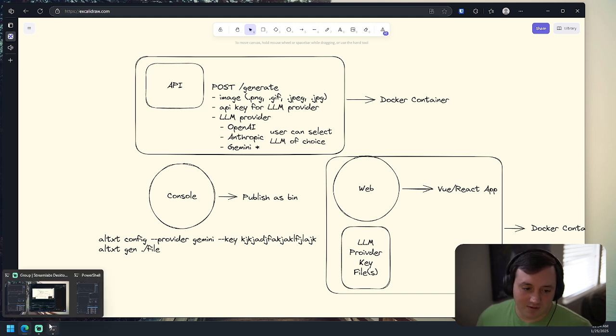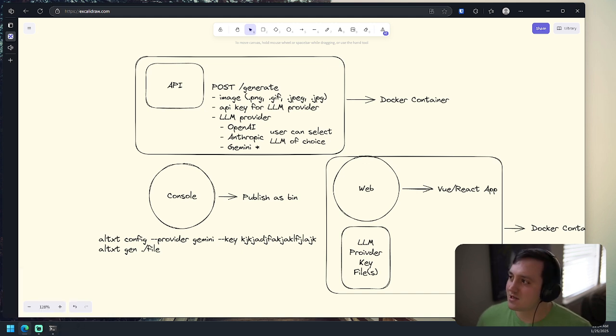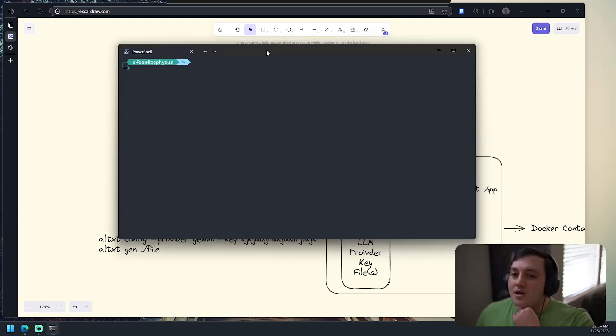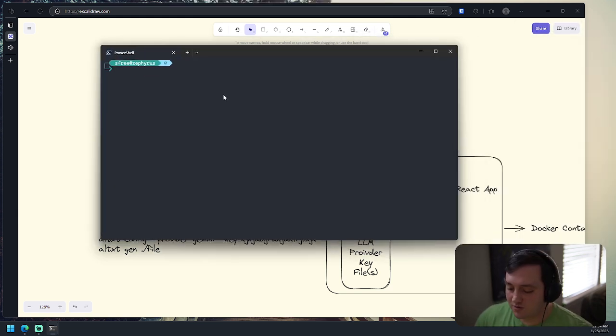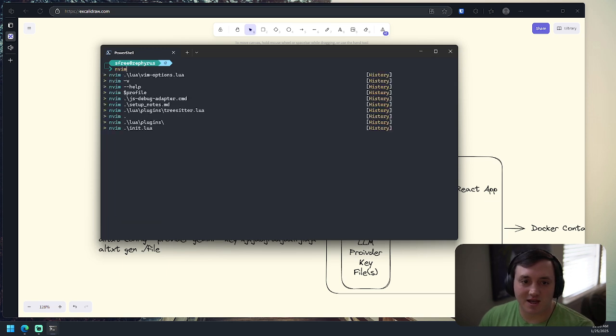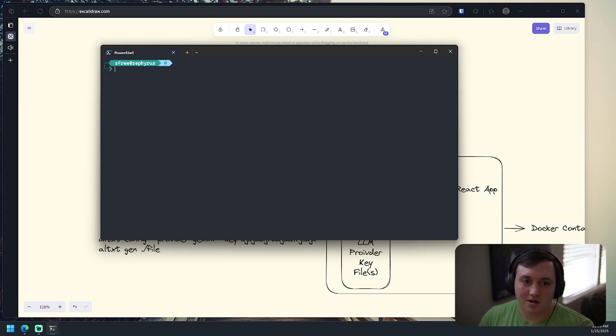And yesterday we basically got as far as setting up the project. That was as far as we got. So we're going to try to be a little bit more productive today and at least maybe even implement generating the alt text. So let's make this a little bigger.